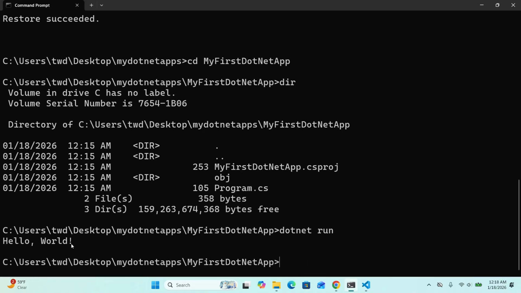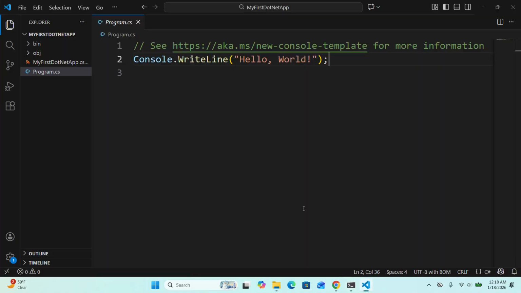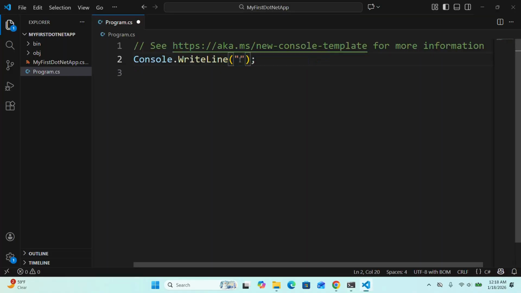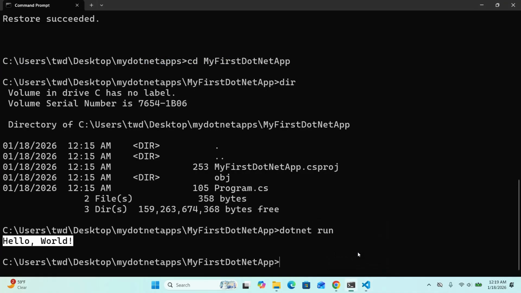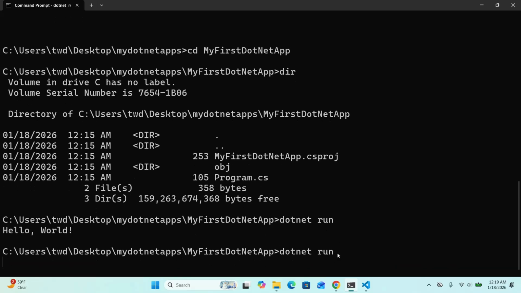That's it. This is the output. Now if you change this, run again using the same command,